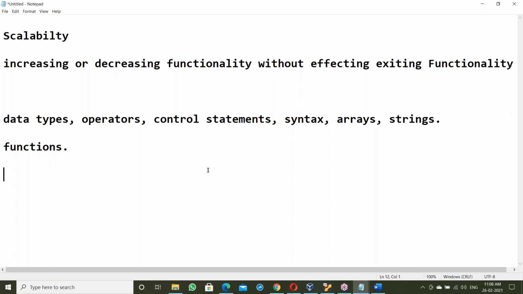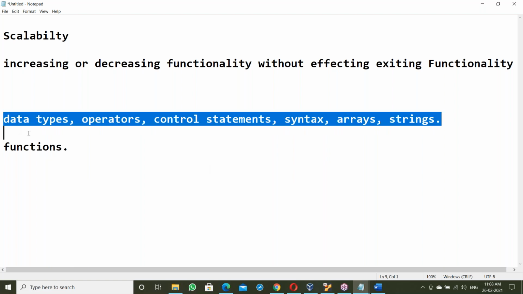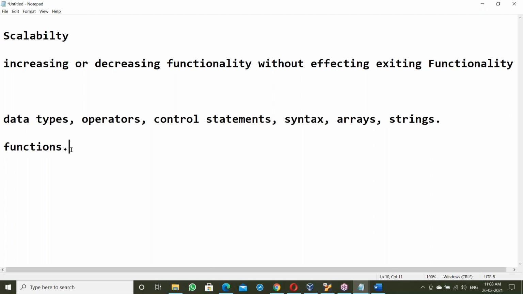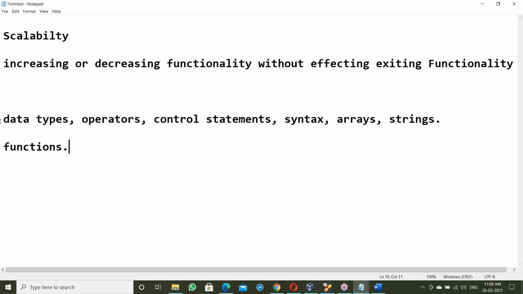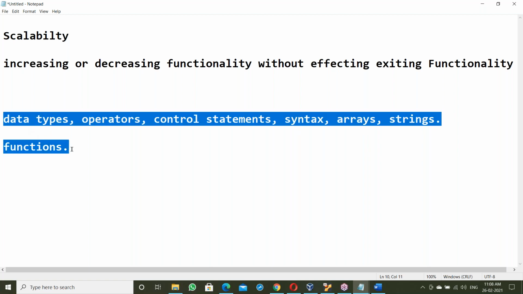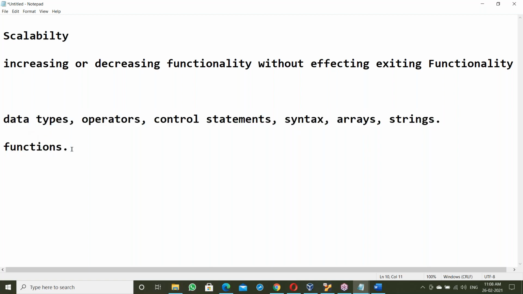Now come to Java. Java follows all the C language rules and adds some new features. Even C++ follows all the features and adds some new features. Python also follows all this and adds some new features.